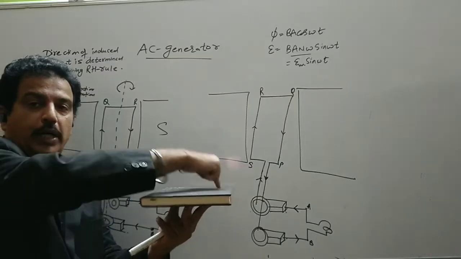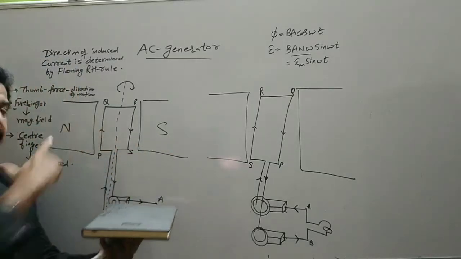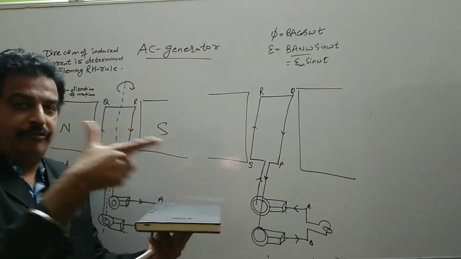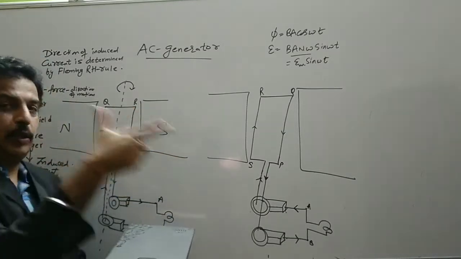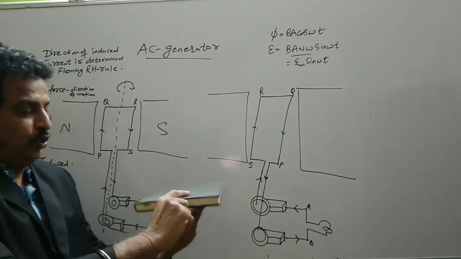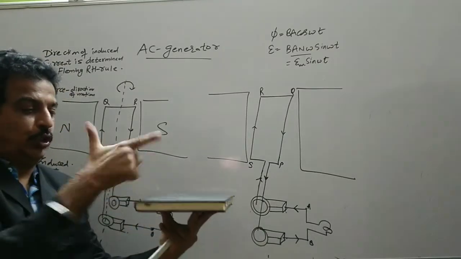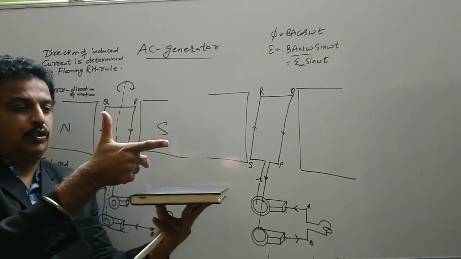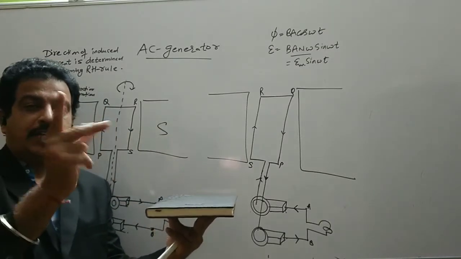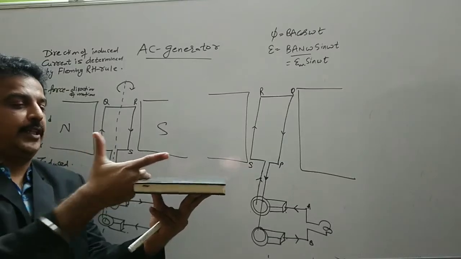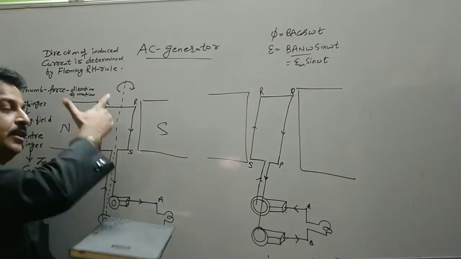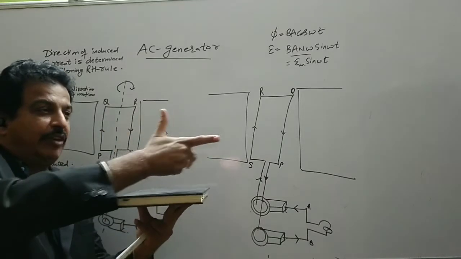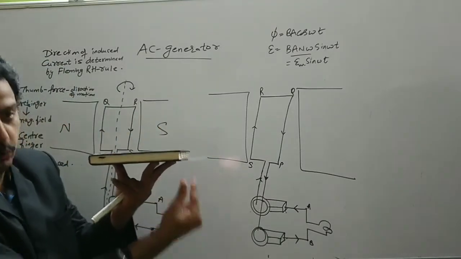PQRS, PQRS. This is the situation. The forefinger is in the direction of the field, north to south. The coil is rotating clockwise, so the force on this end is upward. Where is the direction of the central finger? Inward. So current is going in. For this other side, the magnetic field is the same, but the force is in the downward direction because